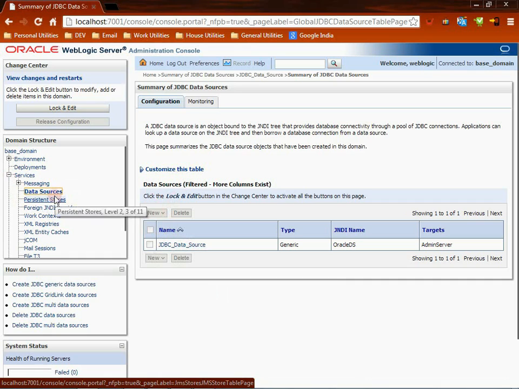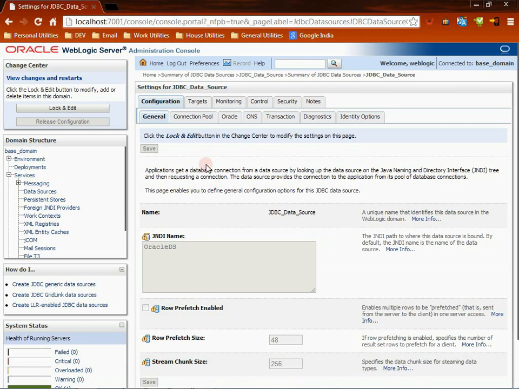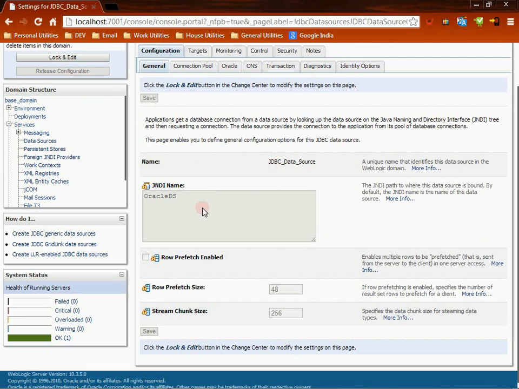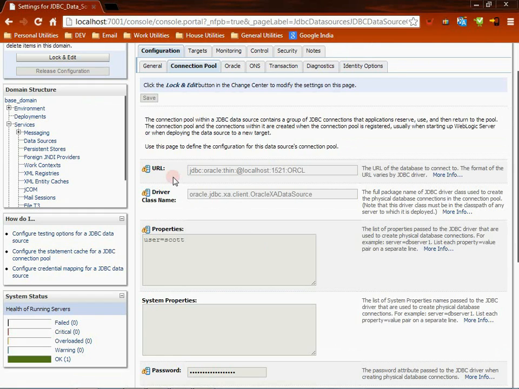On selecting this data source, here I have already added one data source where the JNDI name will be Oracle DS. And if you see the definition, what I have given is the name and the URL required for the database connectivity. Here it is JDBC Oracle thin at localhost, 1521 is the port number, and ORCL is the database which I have created to show this demonstration. And finally, the driver is also used,